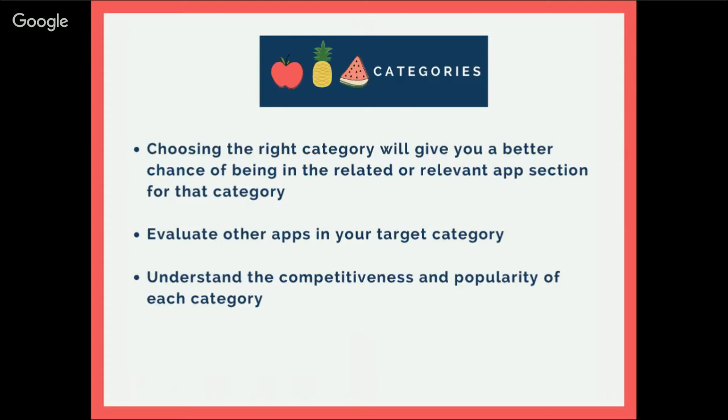There are more than 40 to 50 categories right there on the App Store. So there is ample chance that your application could come in more than one category. That's where you have to take a call upon which category you can choose, where probably the competition for keywords could be lesser while the relevance still remains really good. And you have to check the competition in that target category, understand the competitiveness and popularity of that category. So the lesser the competition in a certain category, and the higher the relevance that you have with that category, you may end up getting